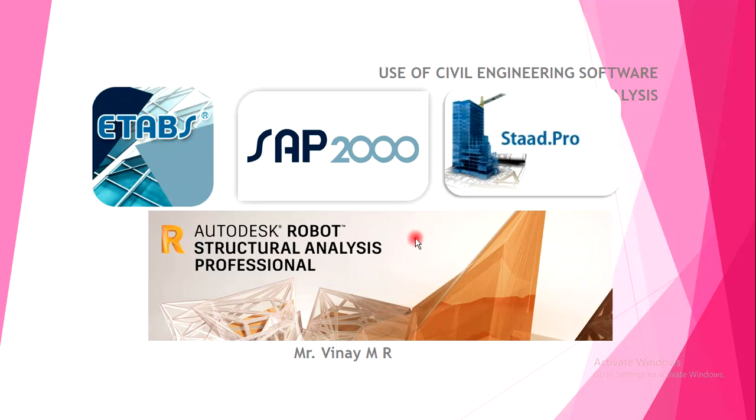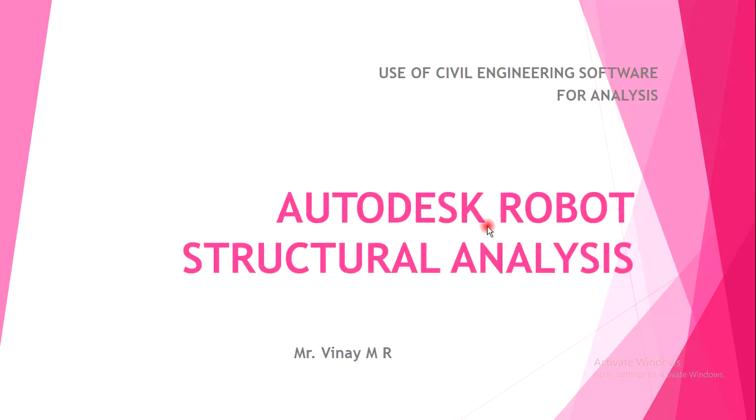In our laboratory, we are using Autodesk Robot Structural Analysis, which is a product from the company Autodesk. We can simply call it Robot also. The student version is freely available on their website. This software is used for modeling, analysis, and design of various structures like RCC structures, steel structures, and truss members, and it has over 70 different country codes for material design. We can do all types of analysis: linear, non-linear, and also dynamic analysis.